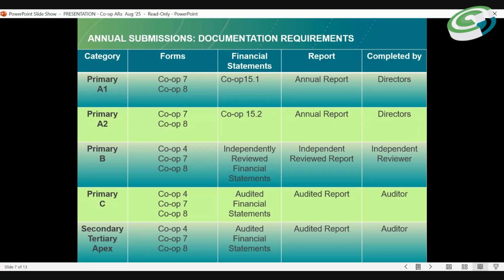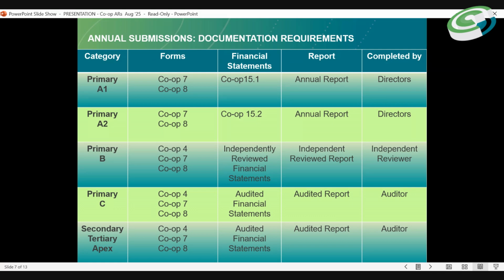With the category primary B type of co-op, because these are much bigger in terms of turnover, the required documents are your COP 4, COP 7, as well as the COP 8.